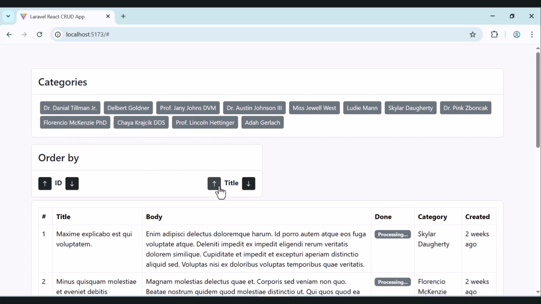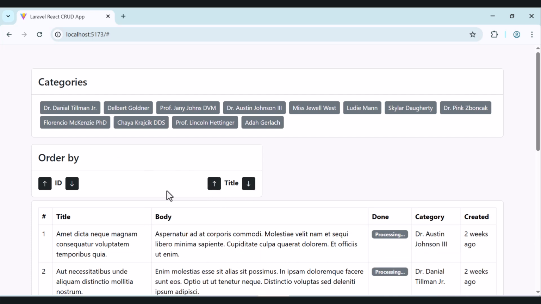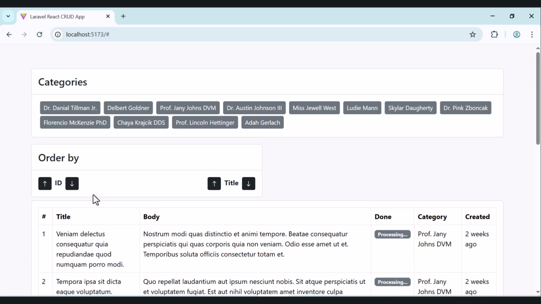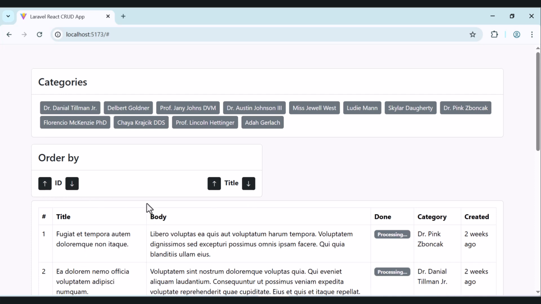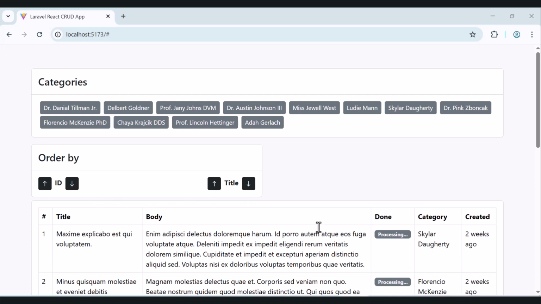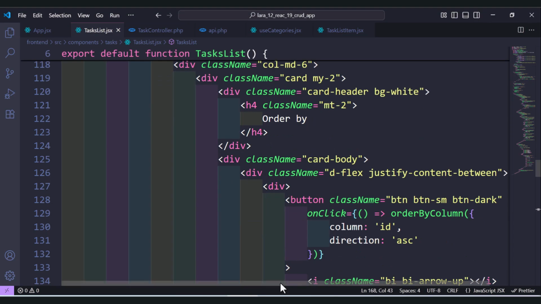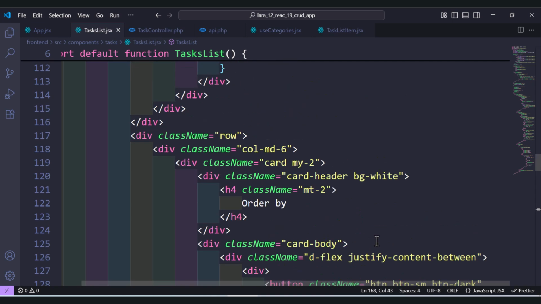Let's do the same thing. If we are ordering by title ascending, we need this button to be active, and same thing here and also here and here. Okay, so like we have done with categories, let's go to our,